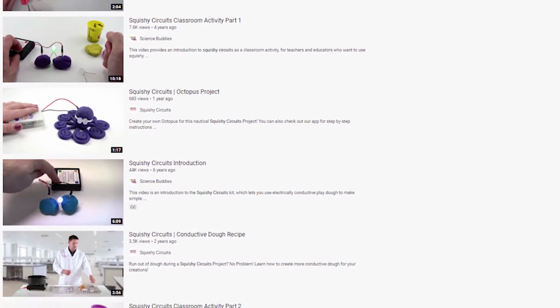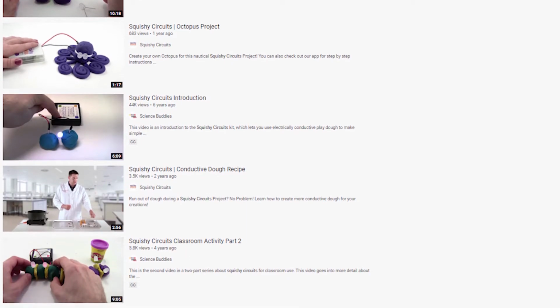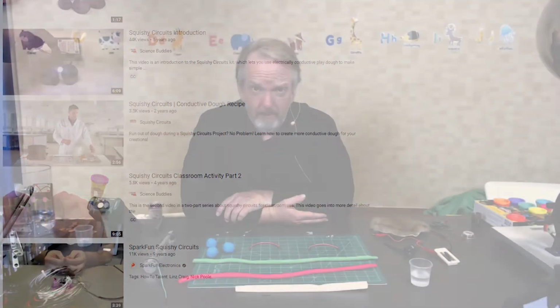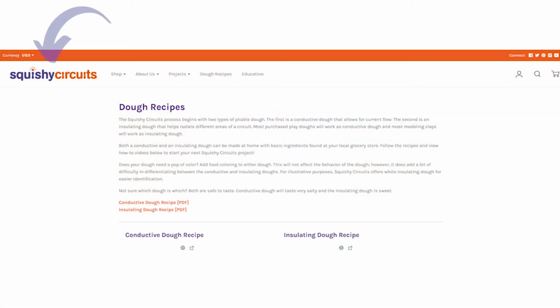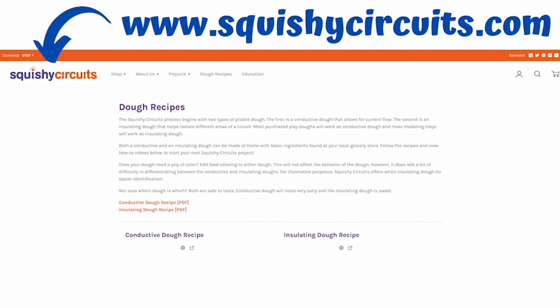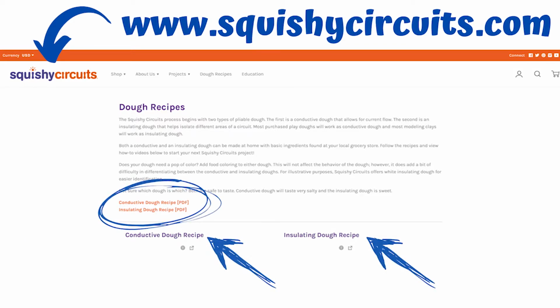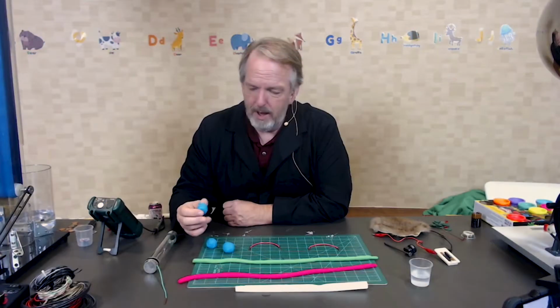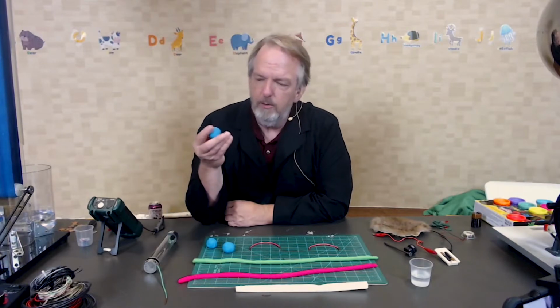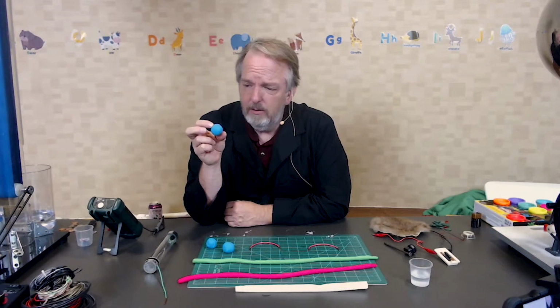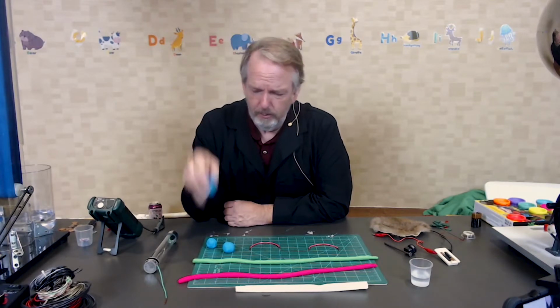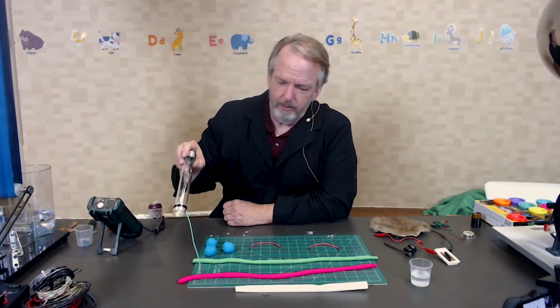And really, what I have here is the same thing, except I went and bought this at Walmart. This is just Play-Doh. And Play-Doh, you can make your own at home. There are all kinds of recipes you can make. But Play-Doh is full of salts and chemicals that actually conduct, like the water, by themselves. They don't conduct electricity, but when you add those salts and those impurities in the material, it actually helps it conduct electricity really well. So I can test this Play-Doh here,